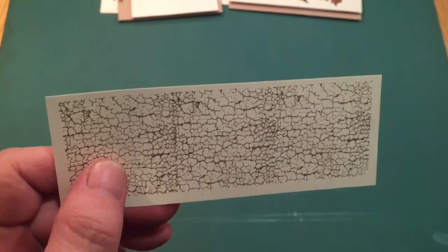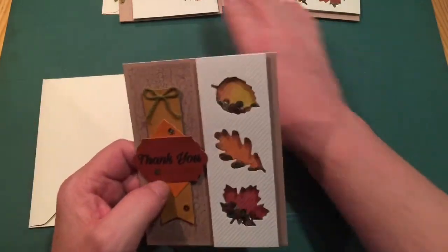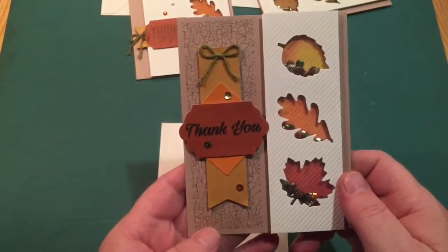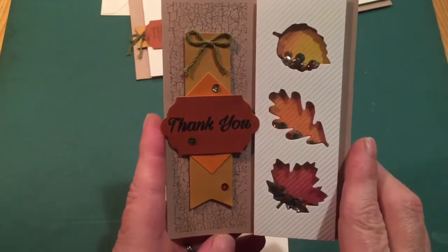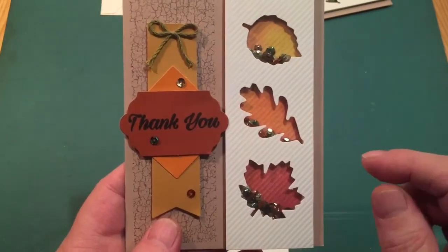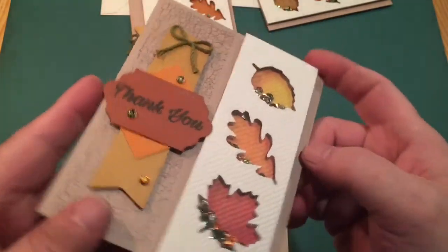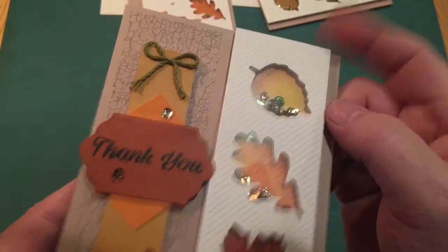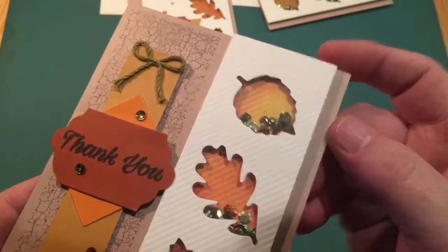So I took that very vanilla piece with the die cuts and chopped it in half and got rid of the large white expanse. I took the crackle stamp and stamped it all the way down the left side of the card here. I used the die cuts themselves and inked them up and put them down for the background, which I thought was great fun because even though they are inked up in different colors, they still echo that same